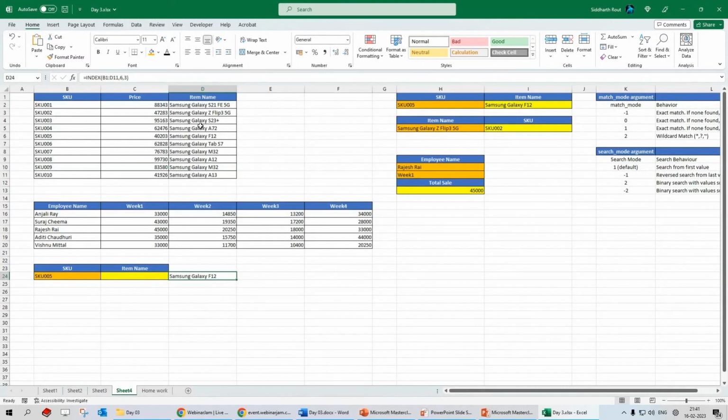Here I have hard coded the row and column values. So 6 and 3 is hard coded. Now we will make this row and column values dynamic. So how do I do it? Let's first replace this part. So I will change this to match